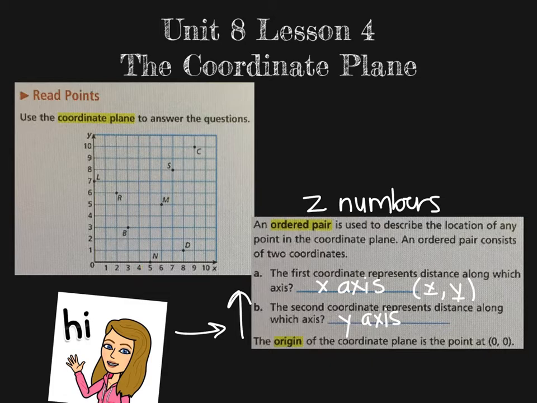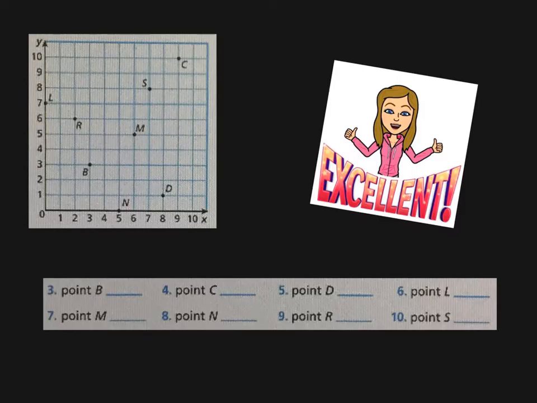So let's move on to the next slide to get some practice with these coordinate planes. So here we see the coordinate plane from the first slide with all of our plotted points. We are going to figure out where the location is using an ordered pair to find point B. So point B is here on the coordinate plane, which means, remember, you have to go in, always remember that,